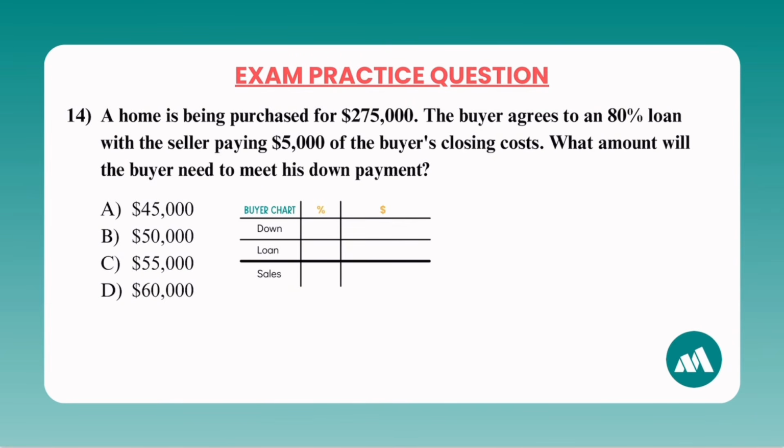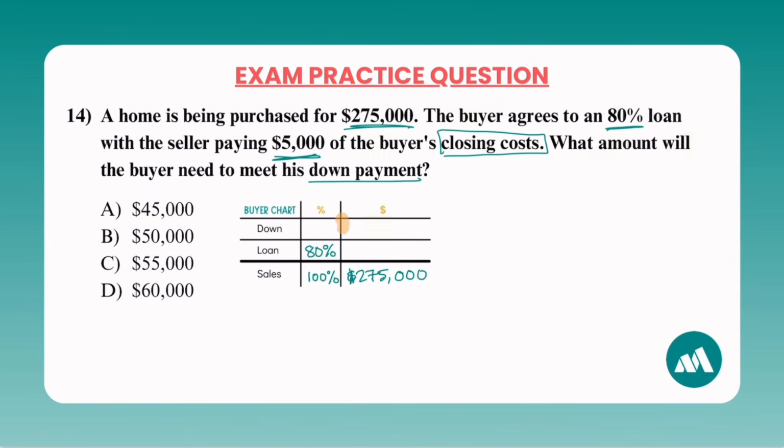Now that we have the DLS chart out, let's start filling it in. So we see that the purchase price is $275,000. So let's put that here in the sales price. Remember, that's always 100%. Now we see we have an 80% loan to value ratio. So let's put that here. The seller is paying $5,000 of the buyer's closing costs. Well, that's fine because all we really need is how much he is going to need for his down payment,